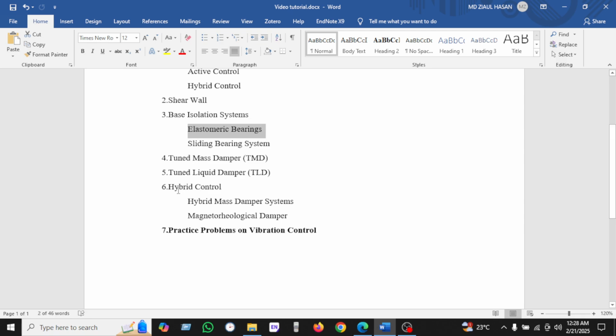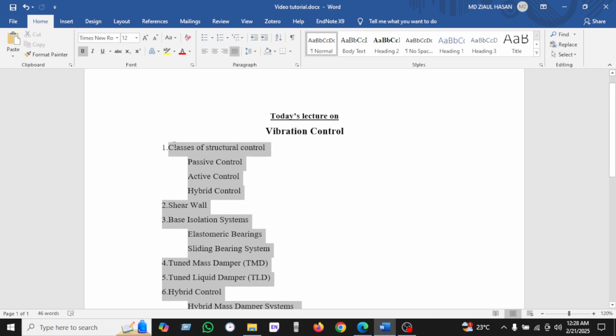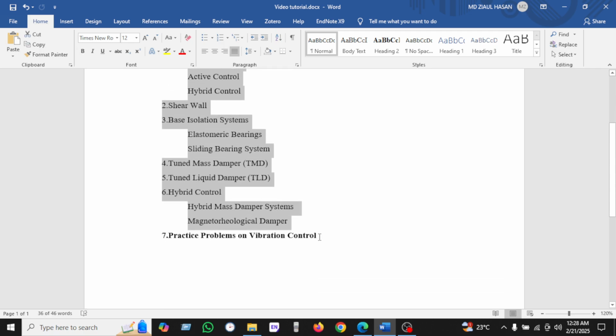And then we will see the hybrid control, which is a hybrid mass damper system, and magnetorheological damper. And finally we will do the practice problem. So we can see that rather than number 7, all are theory. These are the theory, and the last one is the